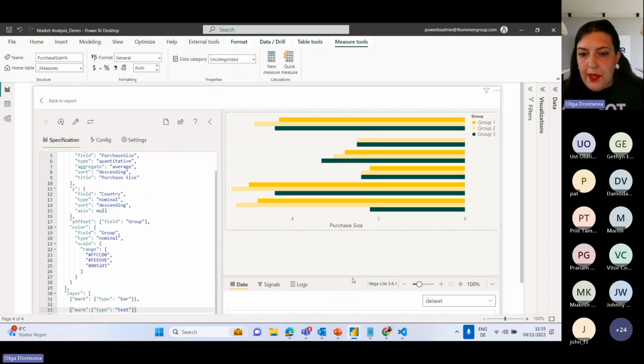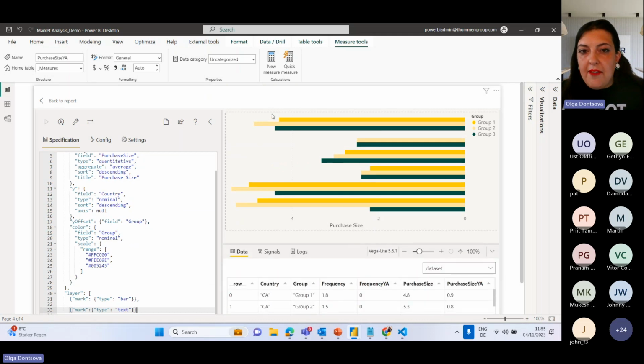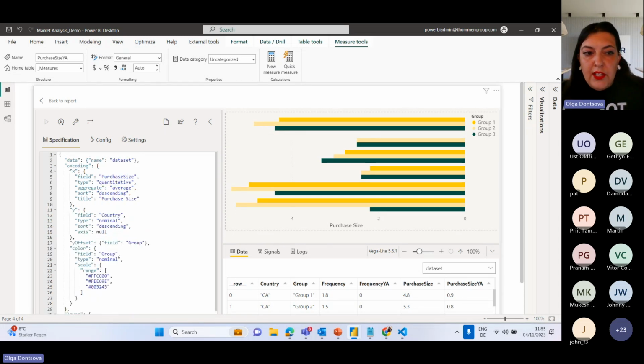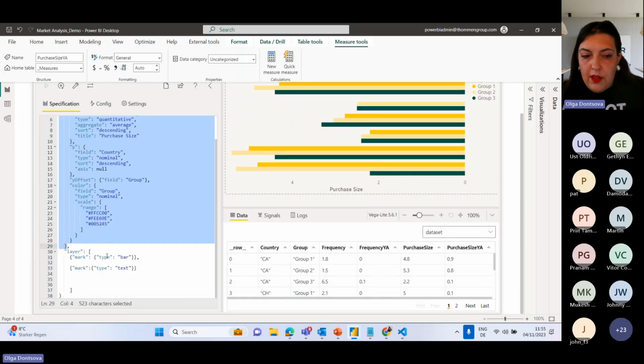Okay, nothing appears still because, like we said, there is a placeholder for the text, but we haven't defined what this text is, which field this text is using. So this is high time when I would like to take this encoding and put it under each mark. At the very beginning, I did it this way so it's more transparent and I see what I'm doing, but then it comes already to some differences between the marks. So I'm gonna just go ahead, take this whole encoding here, and I'm gonna put it under the bar,